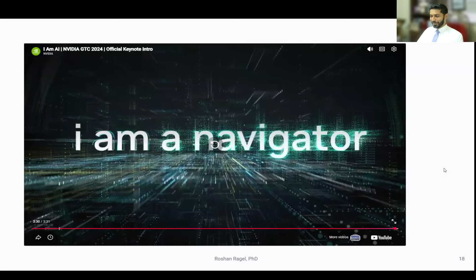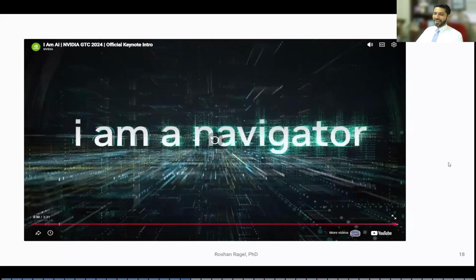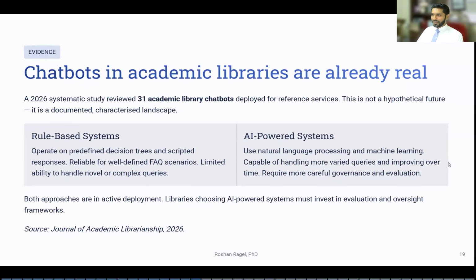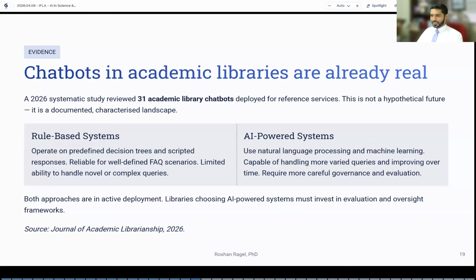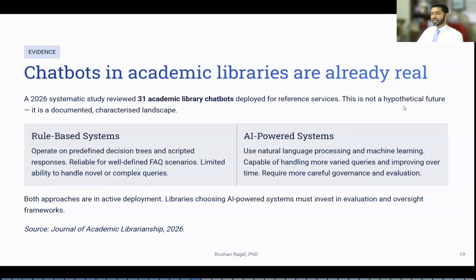It's a good opportunity that I get to talk to you all and share my thoughts and a few ideas about the possible direction to go forward. So if you take the library, I'm now going to take some evidence to highlight how we can enable libraries to go forward, through some examples. This is from the Journal of Academic Librarianship. They are talking about chatbots in academic libraries. So they are already there.